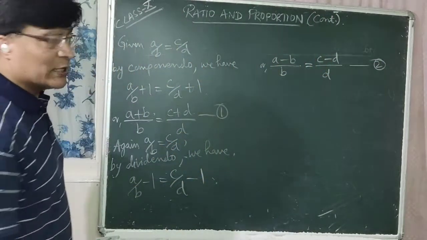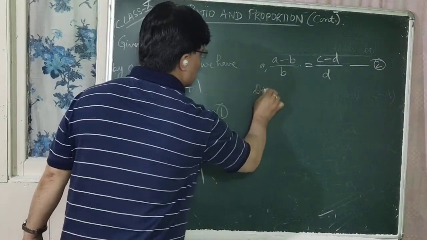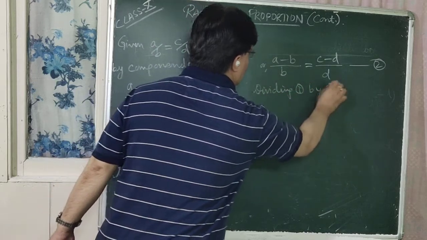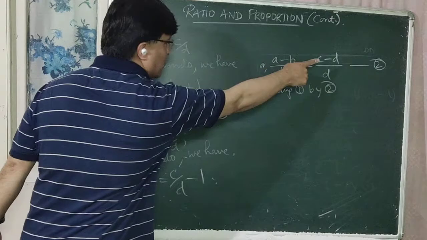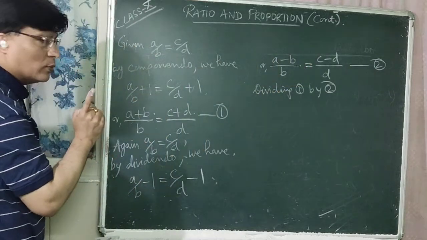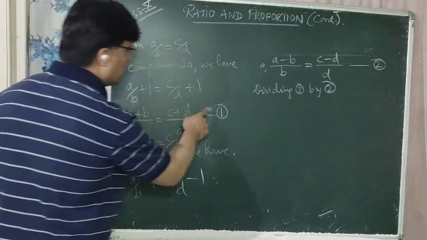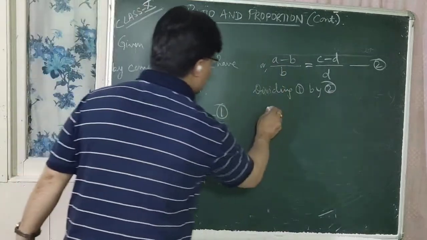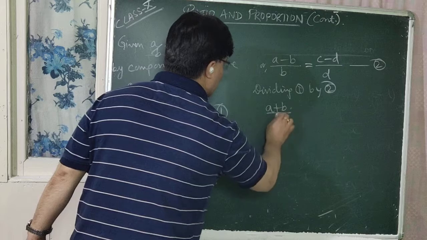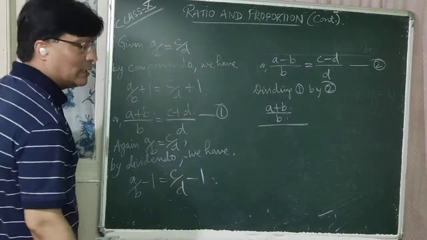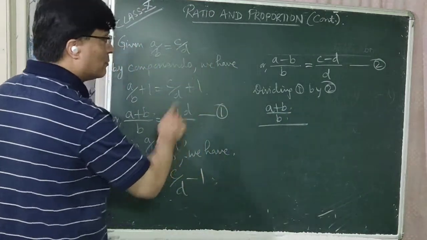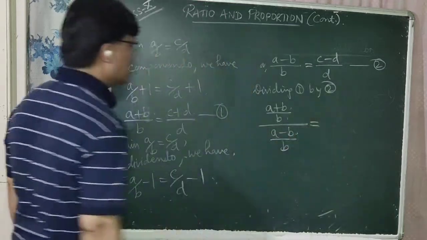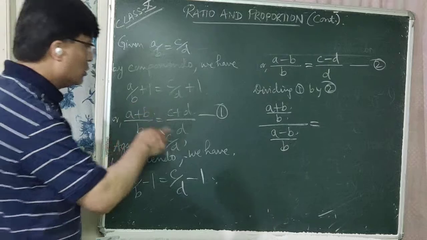Now let us divide 1 by 2. This one should be divided by that 2. So what do we get? So dividing 1 by 2, what do we get? You write down left hand side of number 1 first in the numerator. A plus B divided by B, divided by. Now write down left hand side of number 2 in the denominator. A minus B divided by B, which is equal to, on the right hand side, you should write right hand